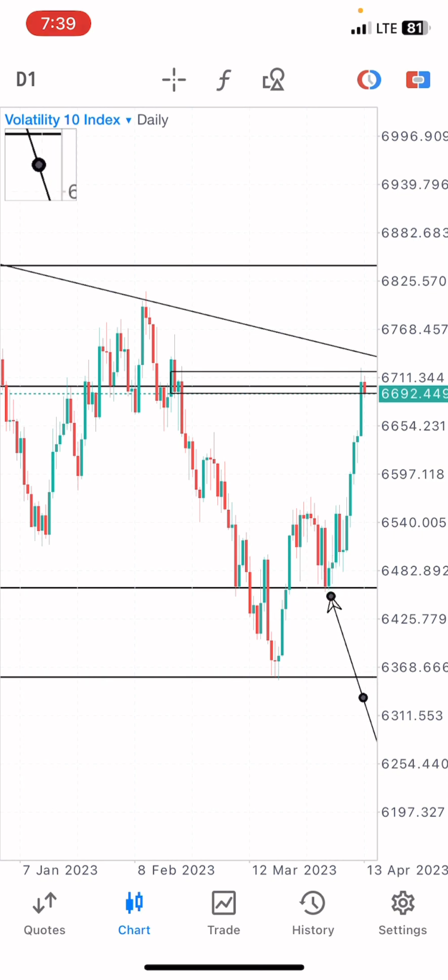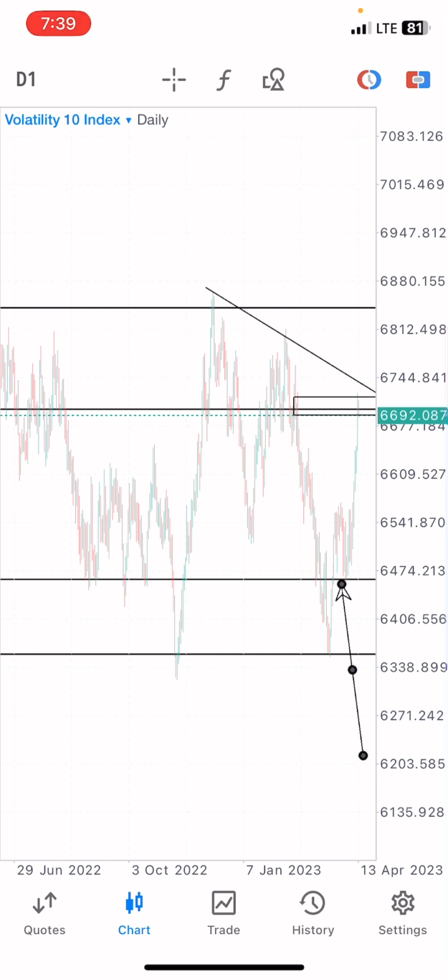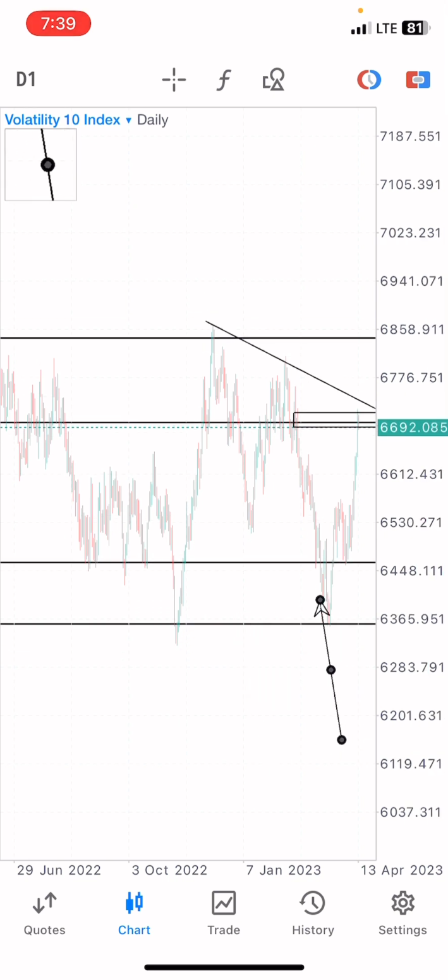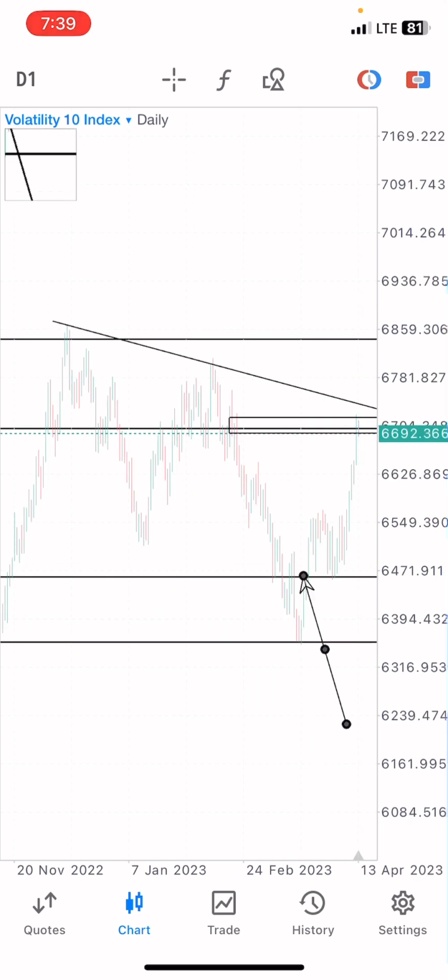So on our price, it was a retest of this level. You can see how strong this bullish move that came after this retest was. So you all can also identify that the market gave us a kind of